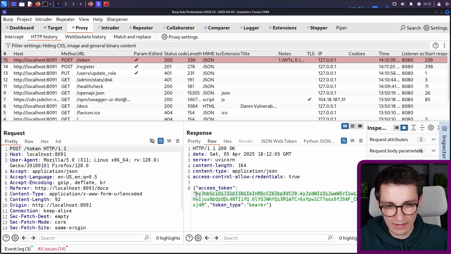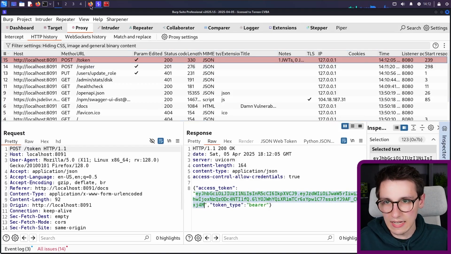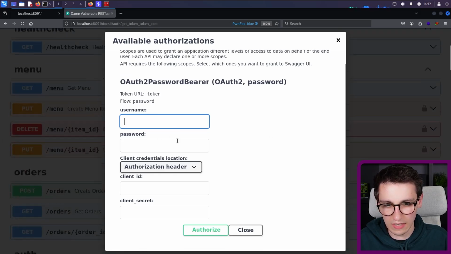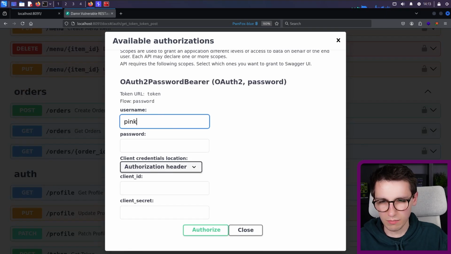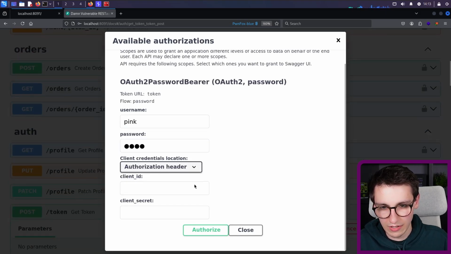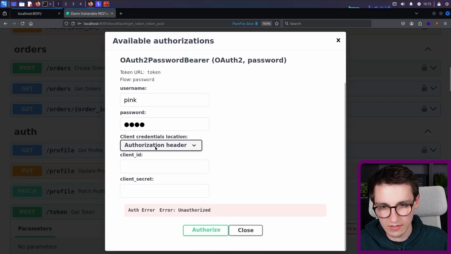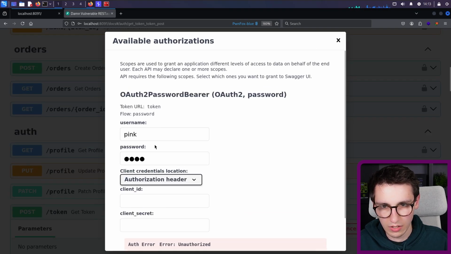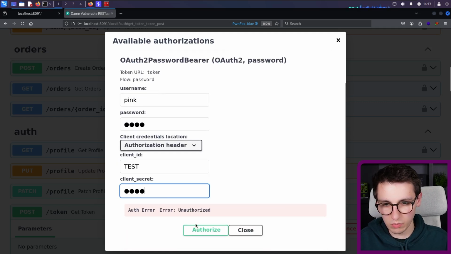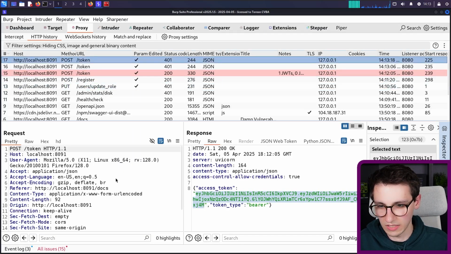Okay, so with that access token, we can take that and put that into Burp Suite. So, oh, we could also, I guess, authenticate here. Oh, yeah. Let's just do it here and press authorize. That doesn't seem to work. That is slightly annoying. Maybe that's because we need something. No. What are the requests that this is making? So this is also making